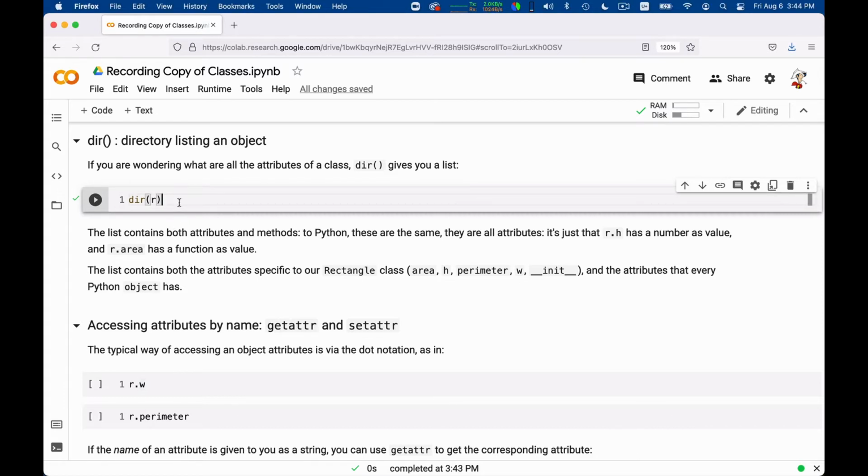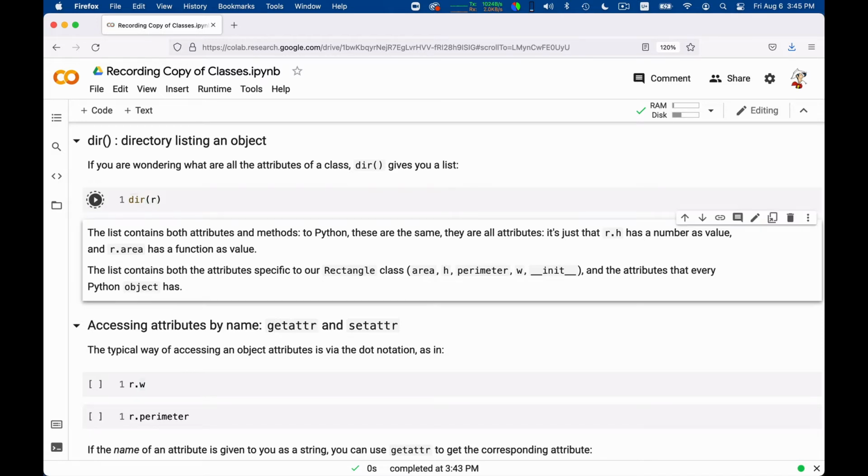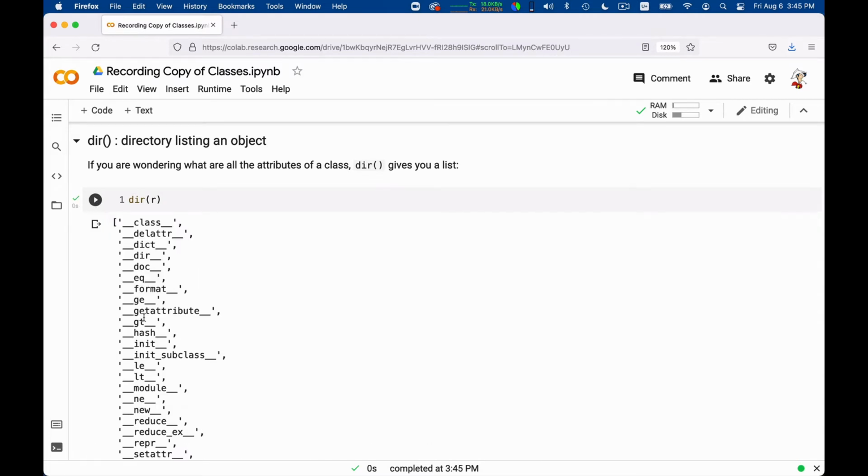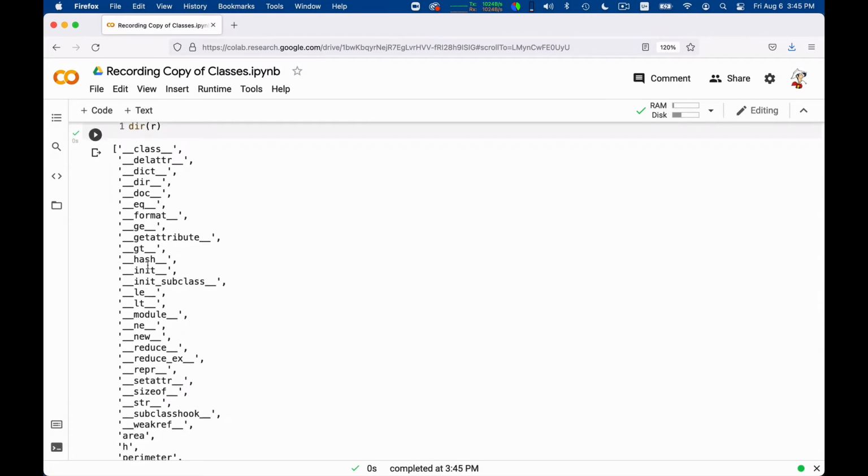Let us continue with our look at tricks to deal with objects. One trick that sometimes is very handy is this. If you have an object r, in our case a rectangle, and you say dir of r, that is directory sort of r, this gives you the list of all the methods that you can call on the object. So if somebody gives you an object and you don't know how it can be used, you could always do that. The list is long. It contains a lot of the built-in methods. For example, objects can always be compared. There is a way to represent them as a string, and a way to convert them to a string.